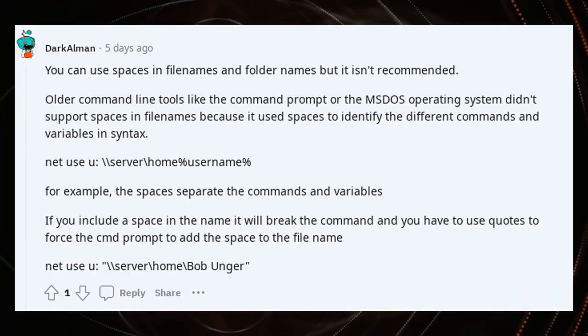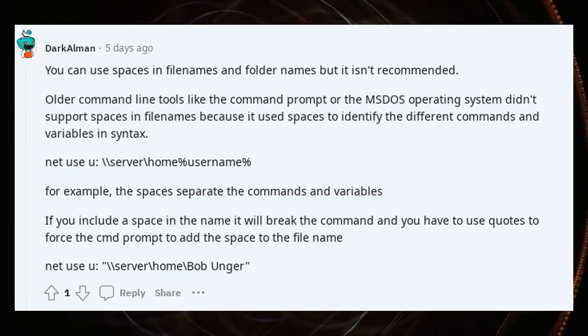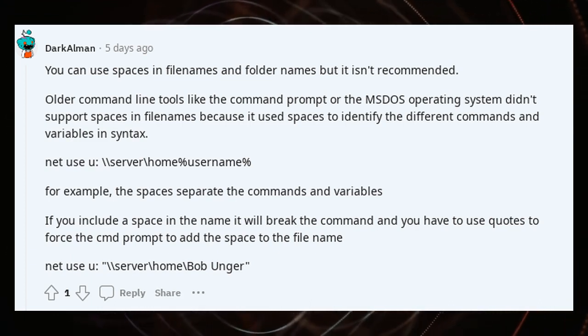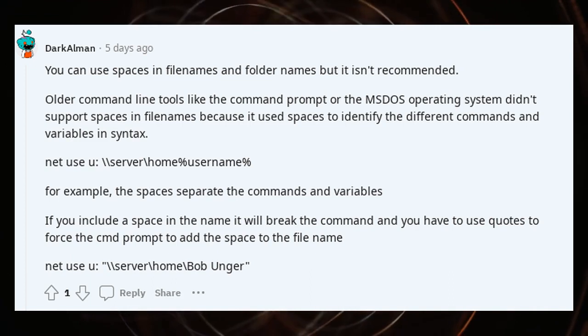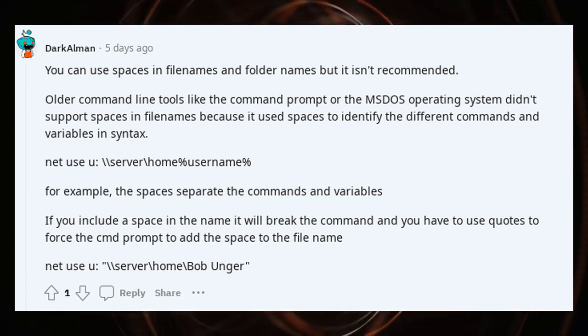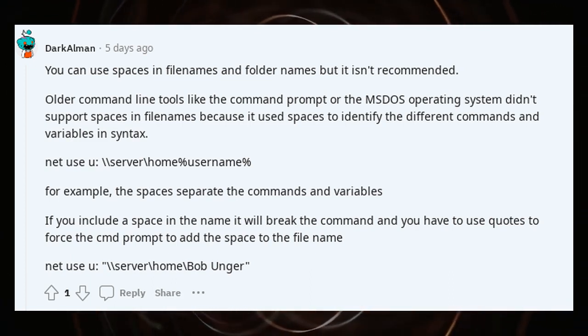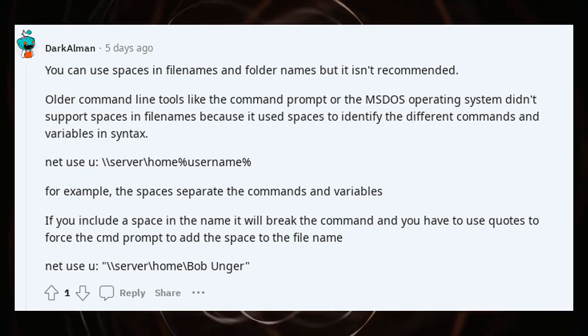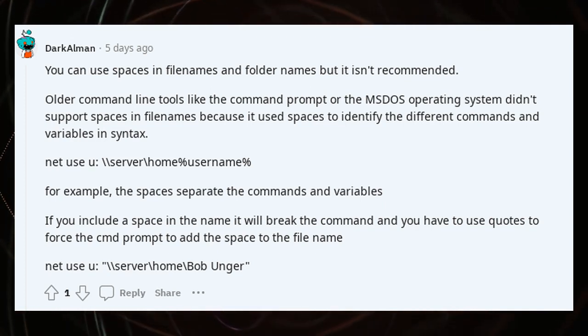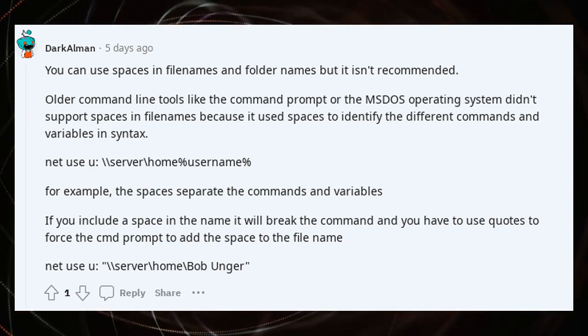You can use spaces in file names and folder names, but it isn't recommended. Older command line tools like the command prompt or the MS-DOS operating system didn't support spaces in file names because they used spaces to identify the different commands and variables in syntax.